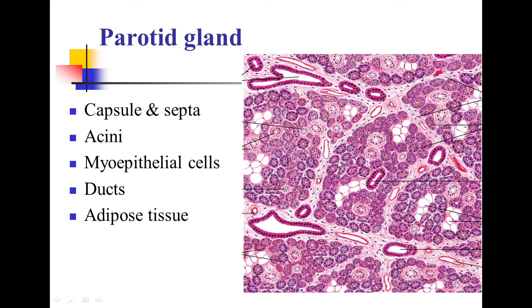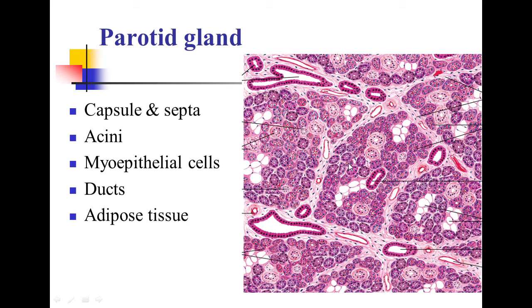Now here, as it is a serous salivary gland, these acini are the serous acini. So in all lobules you can see the serous acini. In addition to that, there are ducts. Now within the lobule, these ducts are the striated ducts, and there are intercalated ducts. Intercalated duct lies within the acinus; it enters within the acinus. So within the lobule, these are the striated ducts, intercalated ducts, and in the connective tissue septa, these are the interlobular ducts.